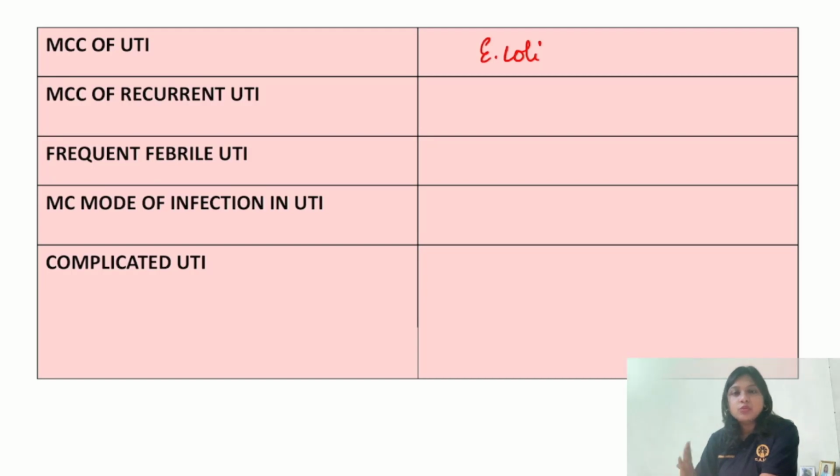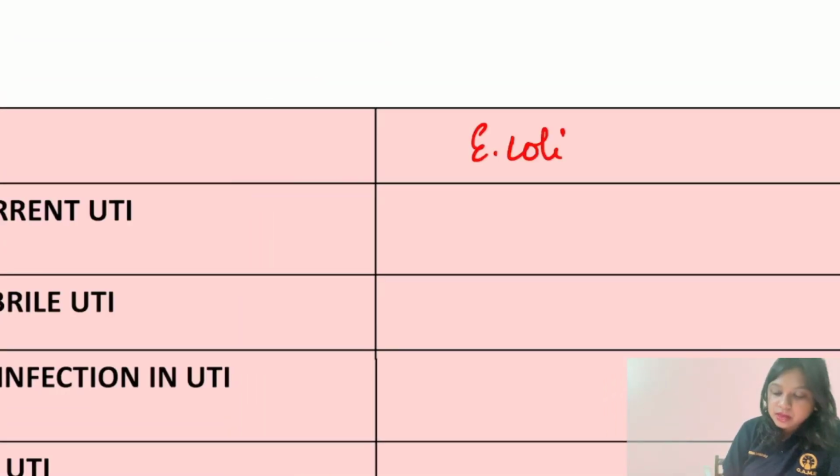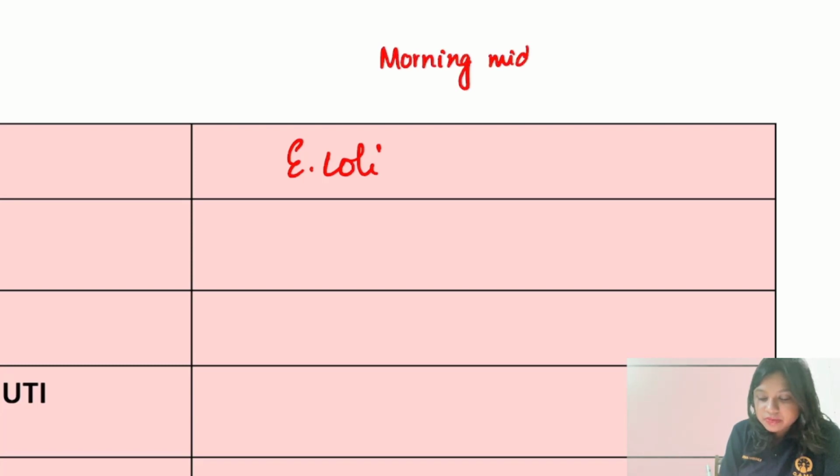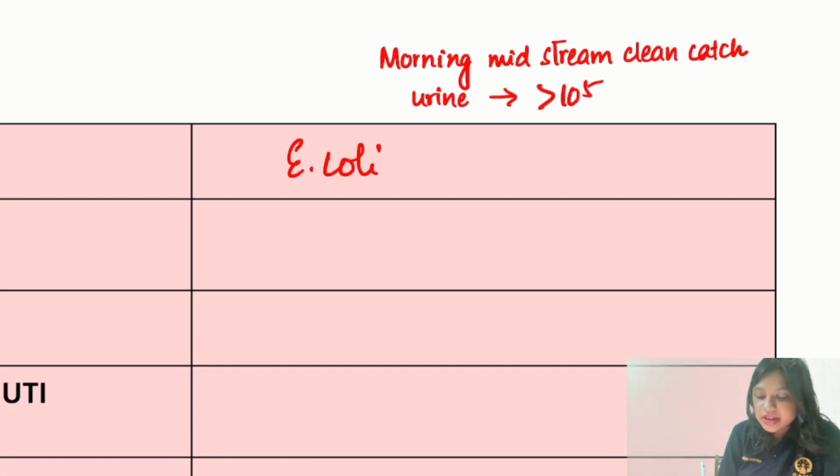We advise a morning, midstream, clean catch sample of urine, and if you're getting more than 10 power 5 organisms, that is significant. Okay, so normally the way we collect urine is not the best method, but it is the most commonly used method. That is the early morning, midstream, clean catch urine for urine routine examination and microscopic examination, where you need to get more than 10 power 5 organisms